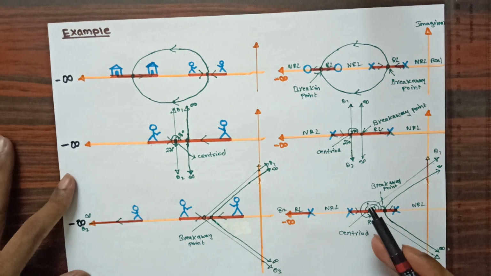From these examples we learned that in root locus we will get the centroid, angle of asymptotes, breakaway point or break-in point, and then intersection with the imaginary axis. There are some more steps in the root locus method which we are going to discuss, and that is angle of departure and angle of arrival, in the next video.